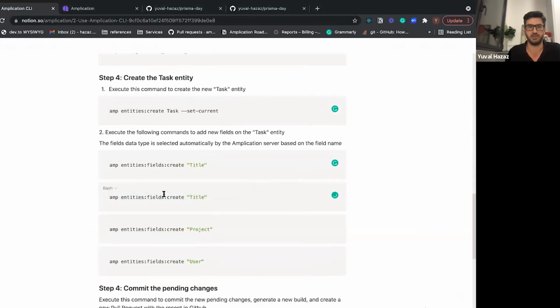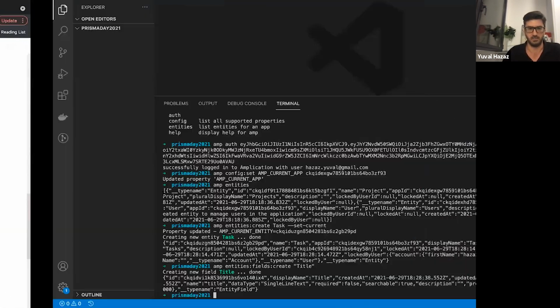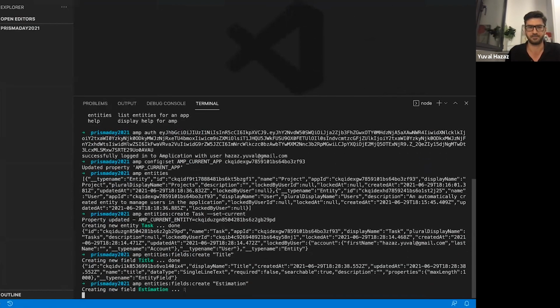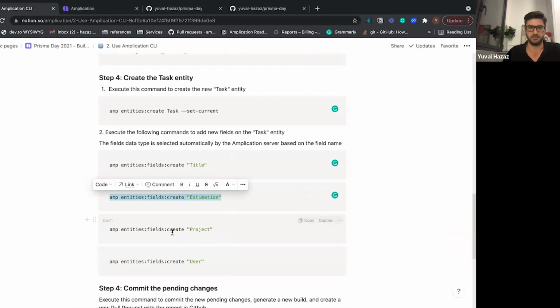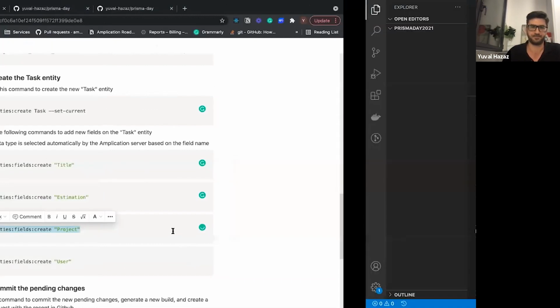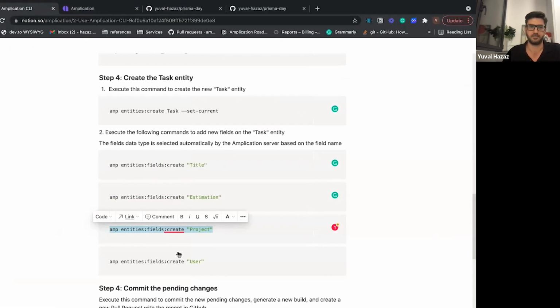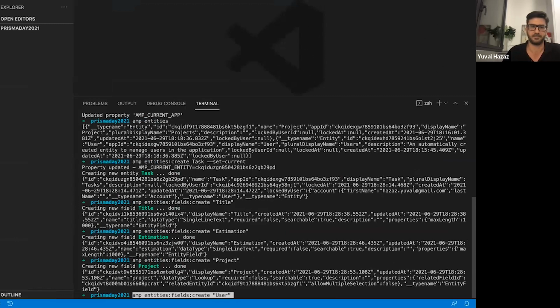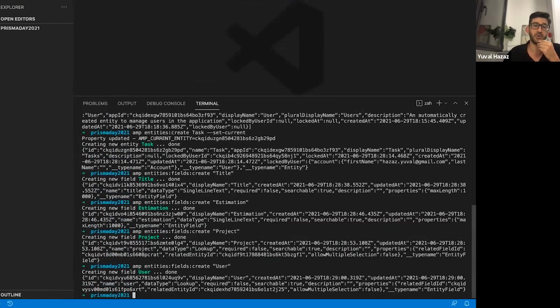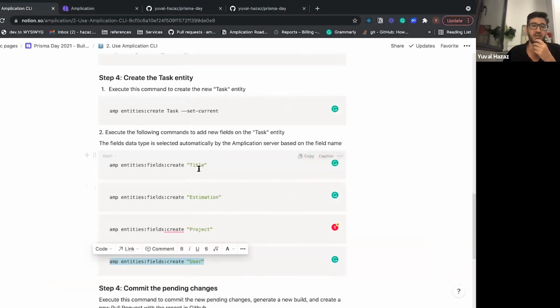Second is estimation, project, and user. Now you can notice we didn't really specify anything on the fields. We didn't specify the data type. We didn't specify any properties on that. But if I go to the application right now,